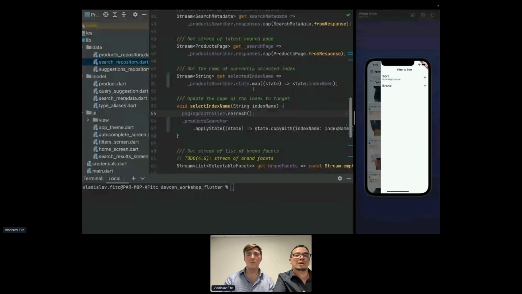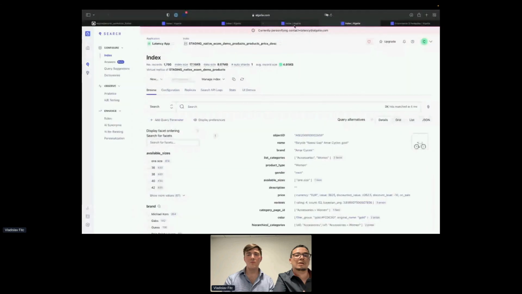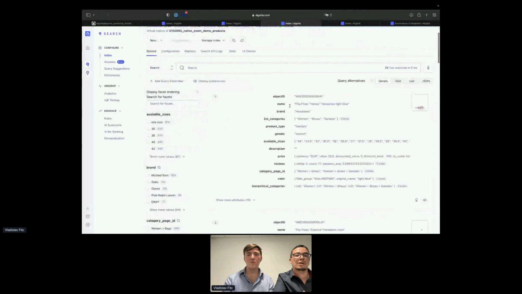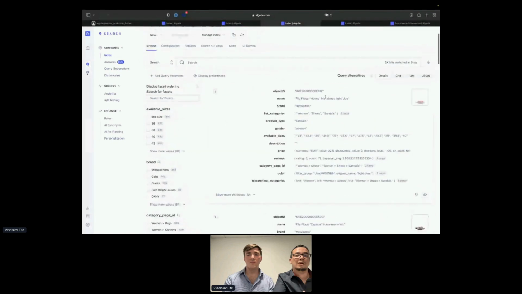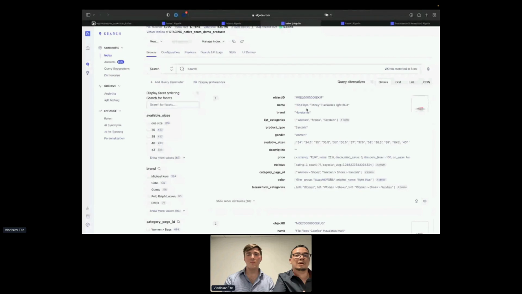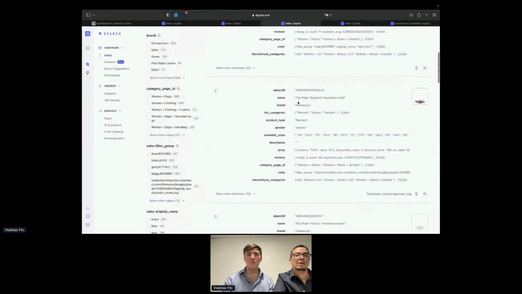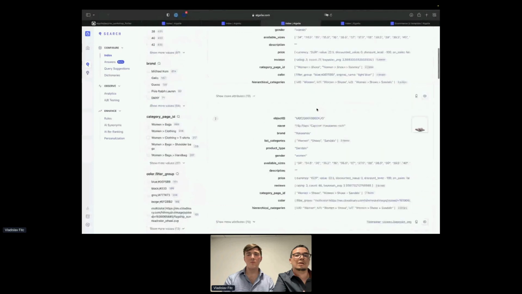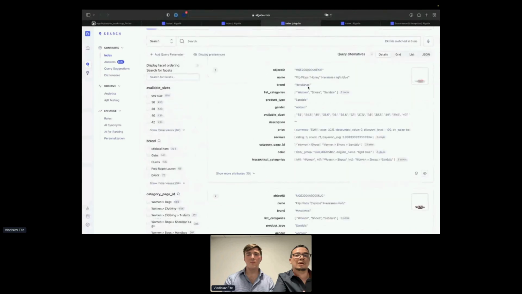So let's move back to our products index. As you can see, we have a lot of fields for each record in our index. The field which we want to target is the brand. Each product has its brand value, and in the settings of the index, it's added to the attributes for faceting. So if we add the brand attribute name in the facets property of our search state,